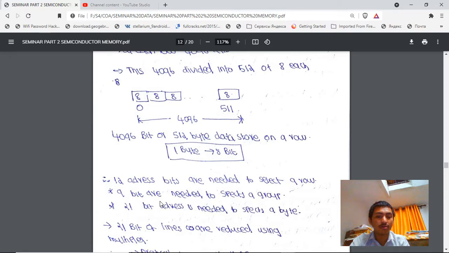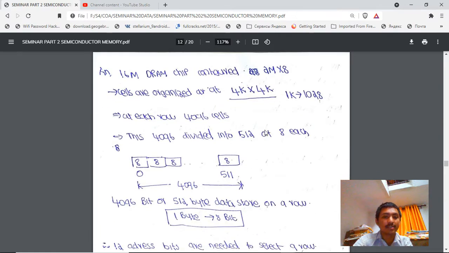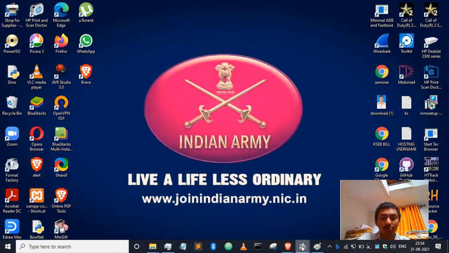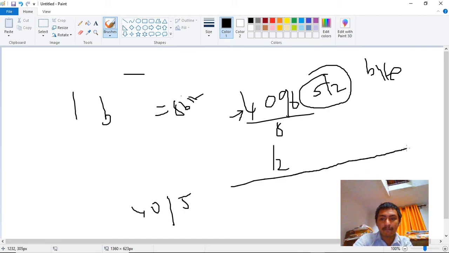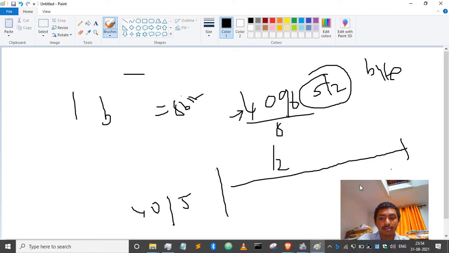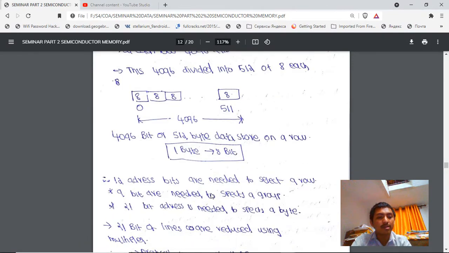We have 4096 rows, so if we want to address from the top row to row 4095, we need 12 binary bits, a 12-bit binary number. And to specify a group, 9 bits are needed. So in total we need 21 bits to specify a byte.